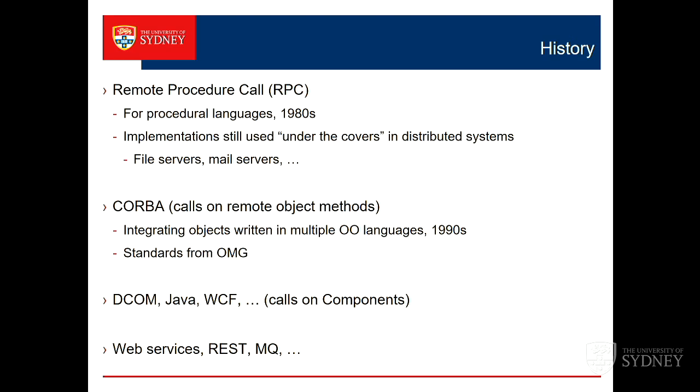And then the OO fashion came in, and everyone wanted to be OO pure, and procedure calls weren't good enough anymore. We had to have objects, and we had objects. So Corba came in, a set of standards from a group called the Object Management Group, OMG, and that lets you do remote objects, genuine objects, and you create an object on a remote machine. And it's a stateful object that'll sit there, and I can call it, and there's all the infrastructure you need to go with that in order to, directories to find objects, etc.